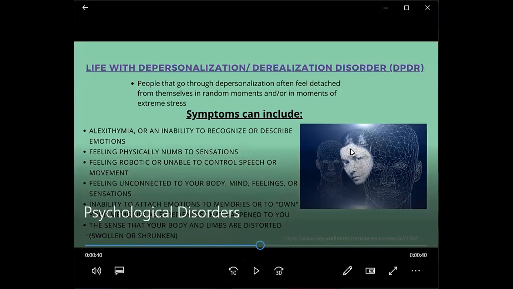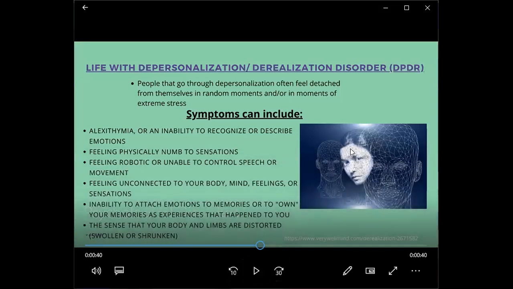So life with depersonalization/derealization disorder, they're going to feel detached from themselves randomly or also in moments of extreme stress. Like I know for myself, I have anxiety, and when I'm going through a situation that's giving me anxiety, like for example, work, I can recall just zoning out completely and just doing what I'm doing, but being like, okay, so what was I supposed to do after that? Or just knowing what I'm doing and being fully aware of what I'm doing, but just feeling like I'm just going through the motions, or just